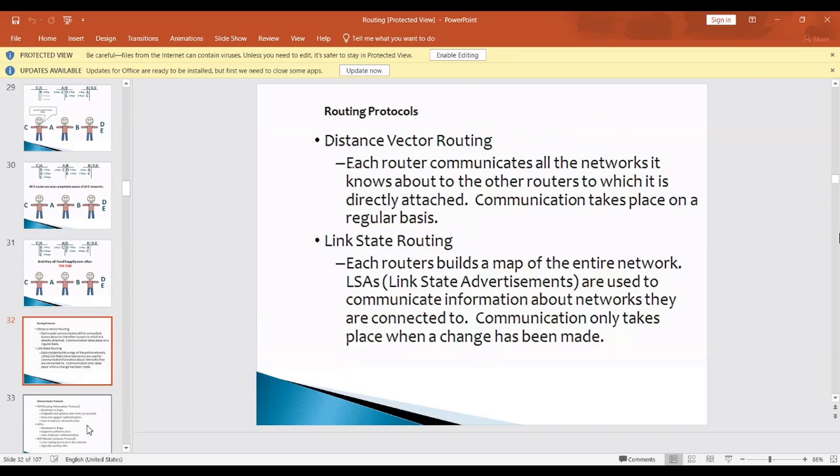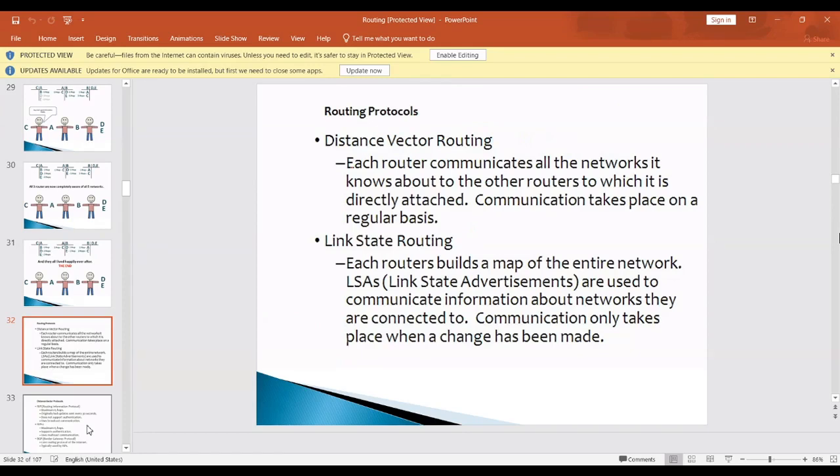So by looking at that particular statement, we can understand that with respect to distance vector routing, these routing protocols do not communicate regularly. Once any change happens to the network, for the existing setup only, they will communicate by sending a link state advertisement to the entire network. Because of that, the generation of unnecessary traffic for communication within the network will be reduced to a considerable